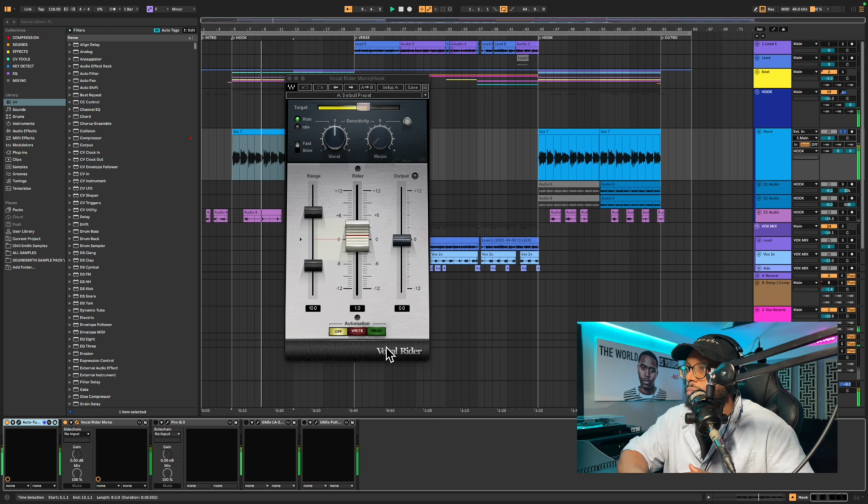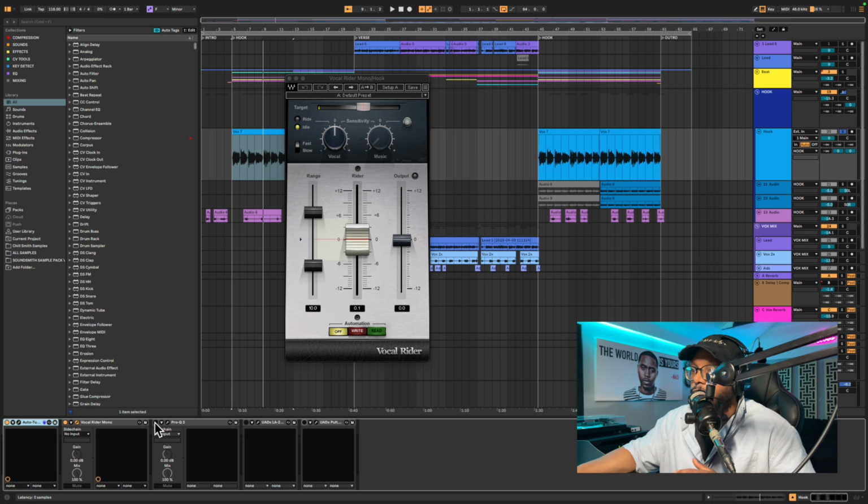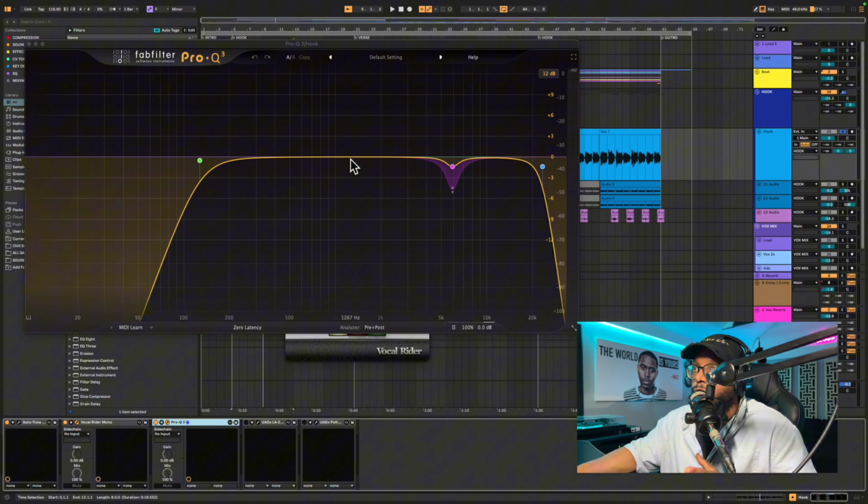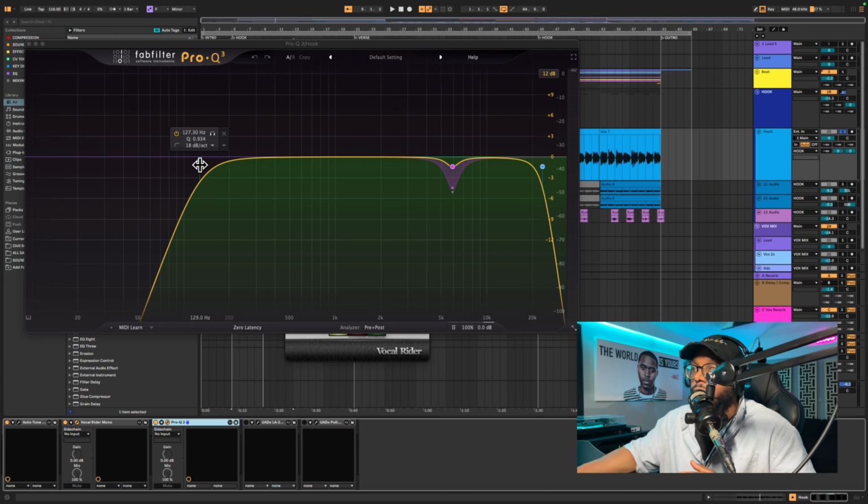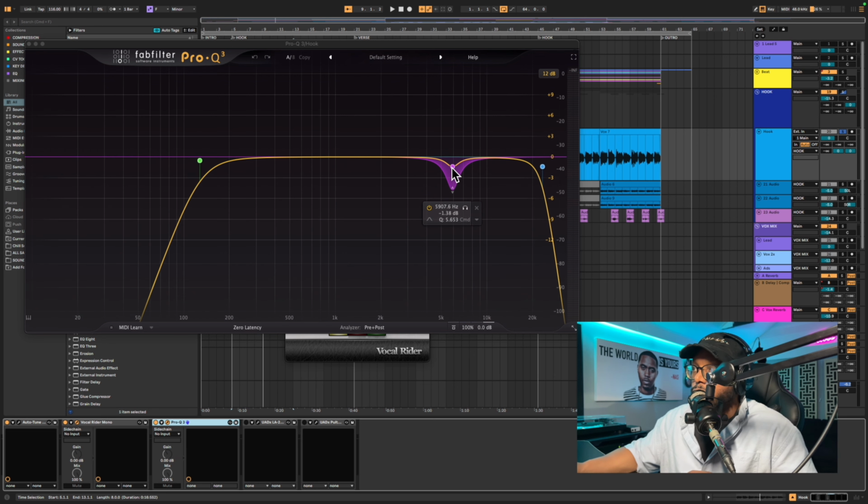Still swerving them lanes. Then next, I have an EQ. If I press inside this little circle with the wrench inside, it'll open the plugin. This is Fab Filter Pro Q3. Everybody has this plugin. I'm just rolling off the low end so the vocals don't compete with the bass and the 808s. I roll off the high end a little bit. This is above the human hearing frequency spectrum anyway, so I just roll that off to kind of clean things up. And here, I'm using this